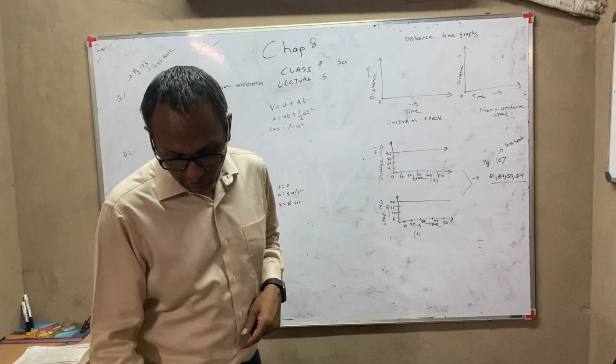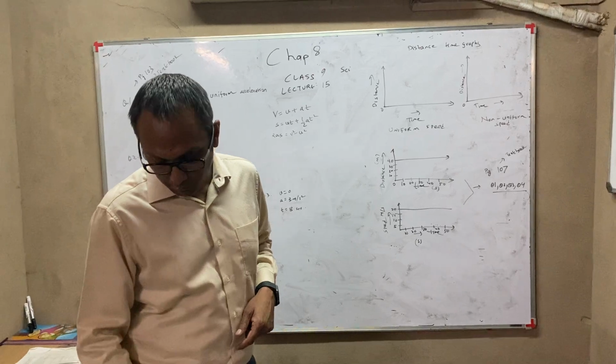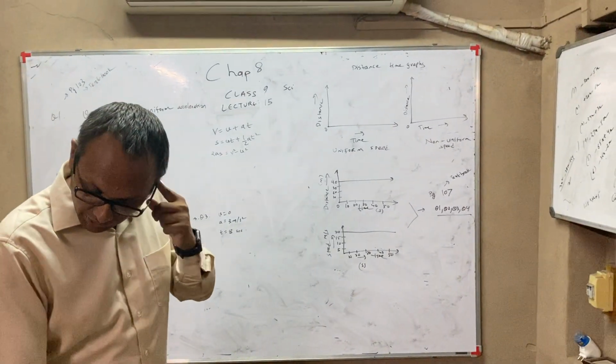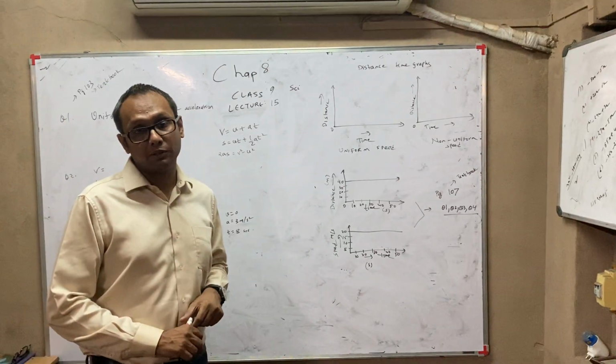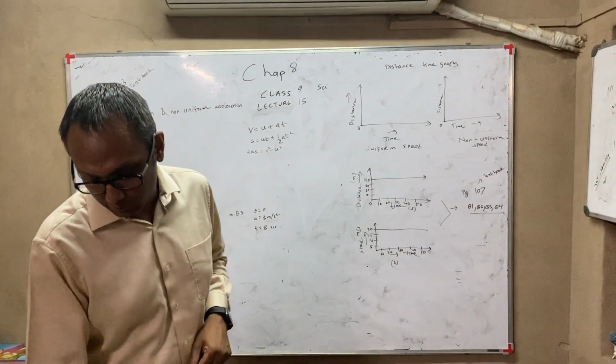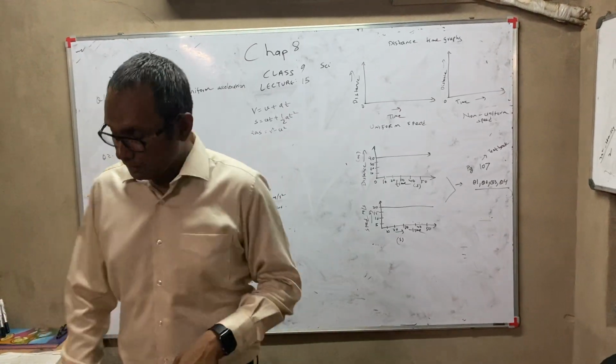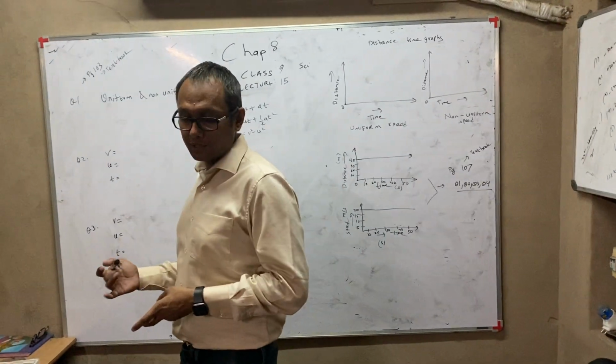How to write this? If you just read page 103, it is there. Whatever theory has to be written for question number 1, you read that, and from that you get the answer for this first question. Now the second and third questions we are discussing, and I'll do the first 2-3 steps, then you will finish the sum as homework.